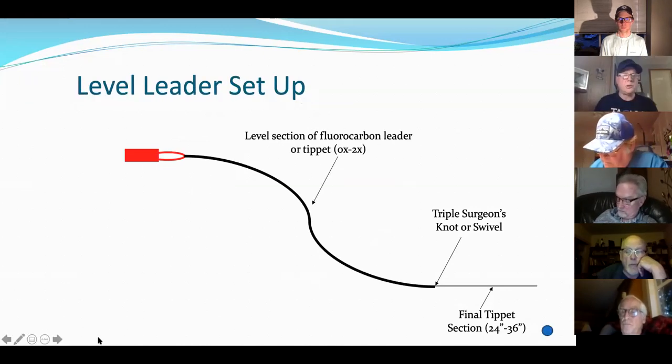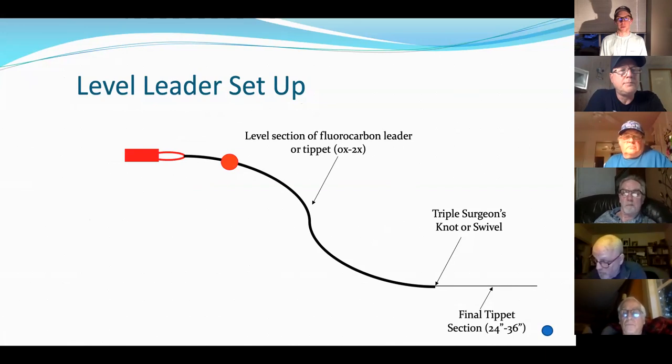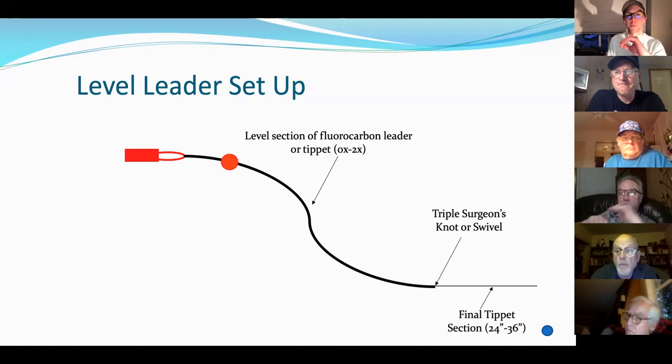All right, Jordan's up with the level section of fluorocarbon. Yeah, so usually what we'll do, I love this setup because you just get such a vertical hang with it. And when you're fishing this type of setup anyways, there's nothing that's really going to hinder your casting all that much, because the casting is not wondrous to watch as it is. So basically what I'll have is, like I said, that piece of 10 or 12 pound,